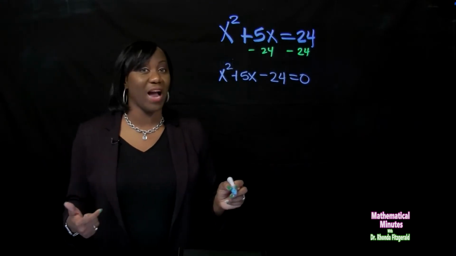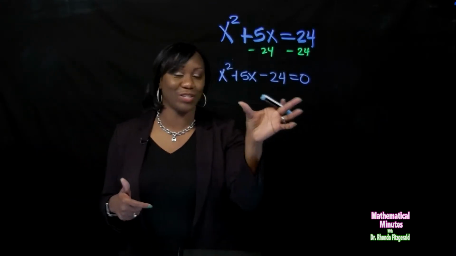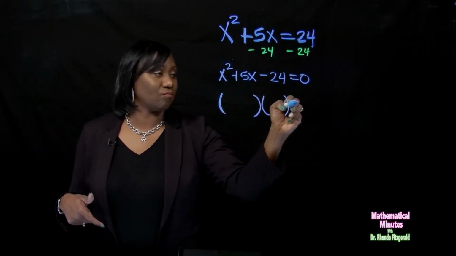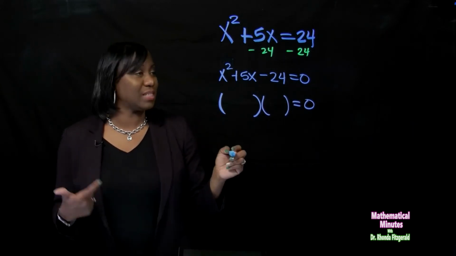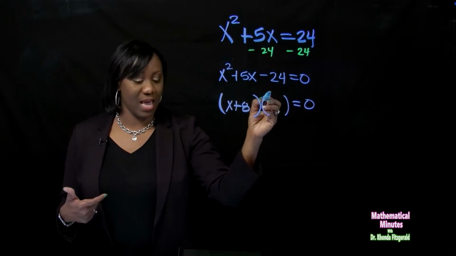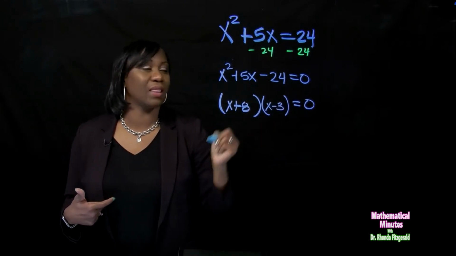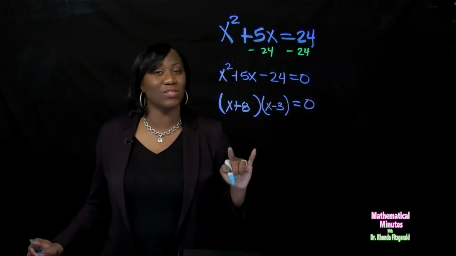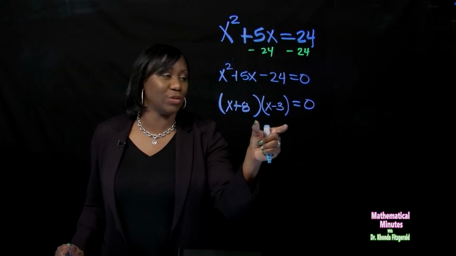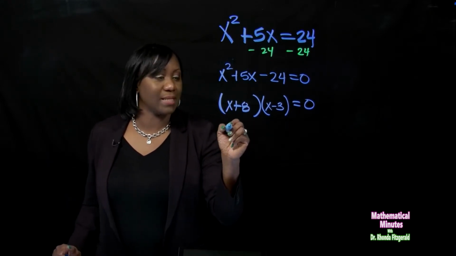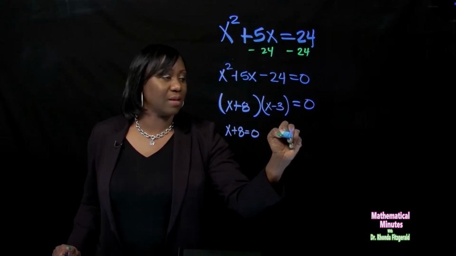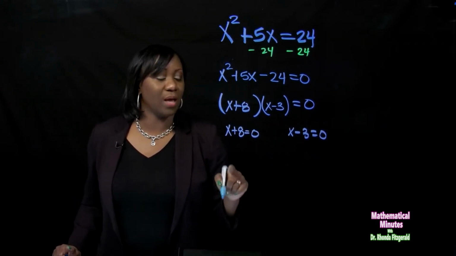Now, in order to solve by factoring, guess what we're going to do? We're going to factor this quadratic. And in factoring this, we see that this quadratic factors as x plus 8 and x minus 3. And so in order to solve this using this zero factor property, we need to set the two factors equal to 0. So my next step is to say x plus 8 equals 0 and x minus 3 equals 0 and solve